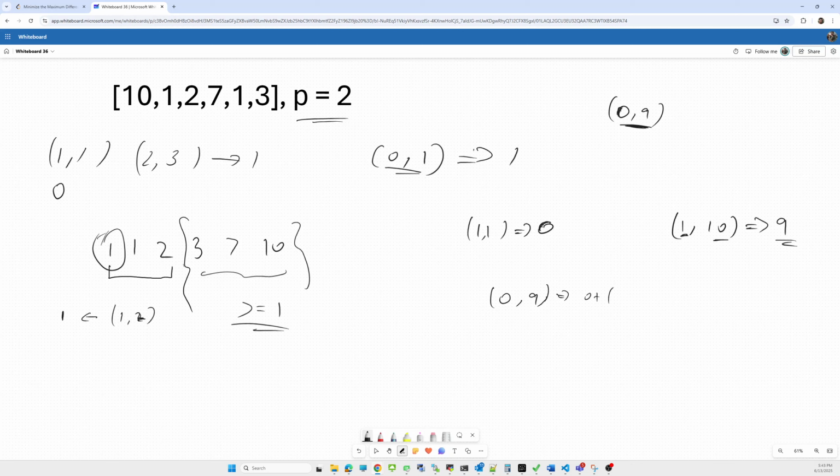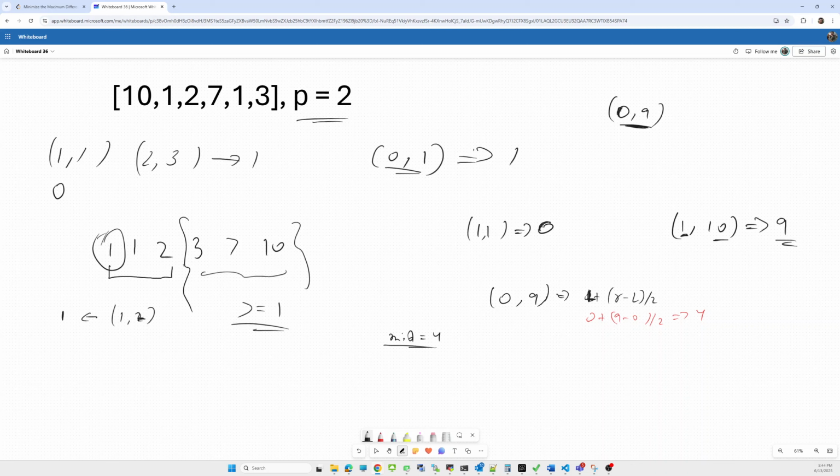Left plus the difference of right minus left, divided by 2. Left plus this, that is the one intuition. So what will be the resultant here? 0 plus (9 minus 0) by 2, so it will give me the value 4. Okay, so our middle target will be 4.